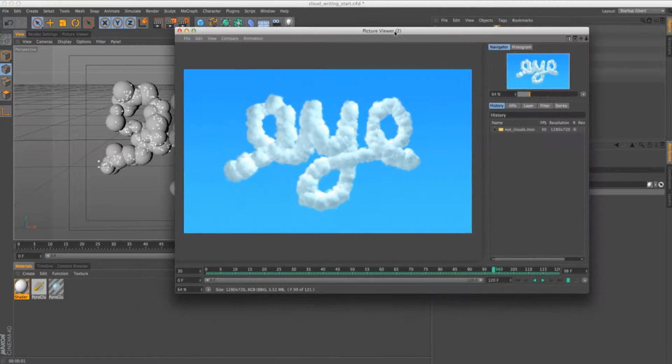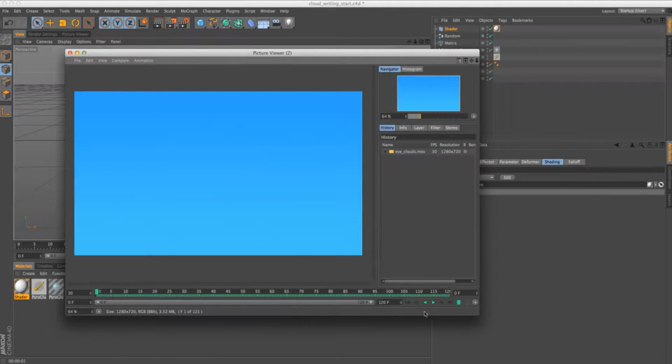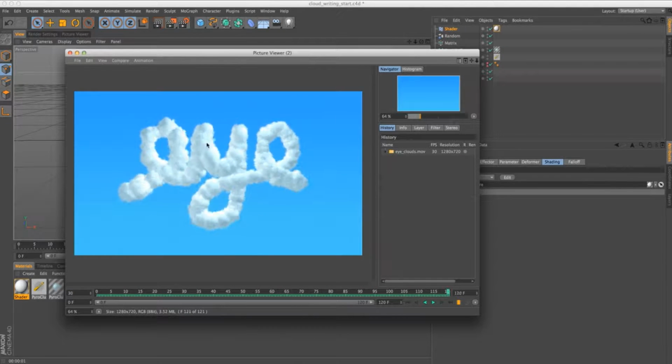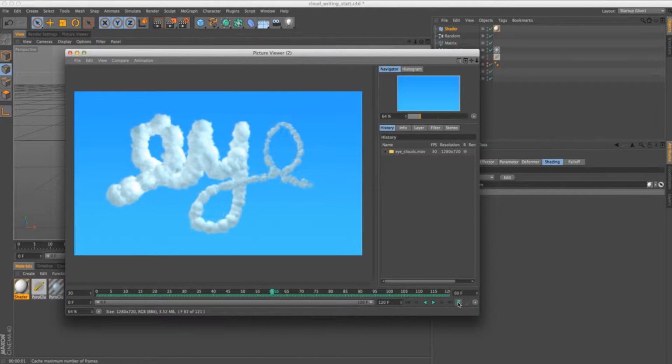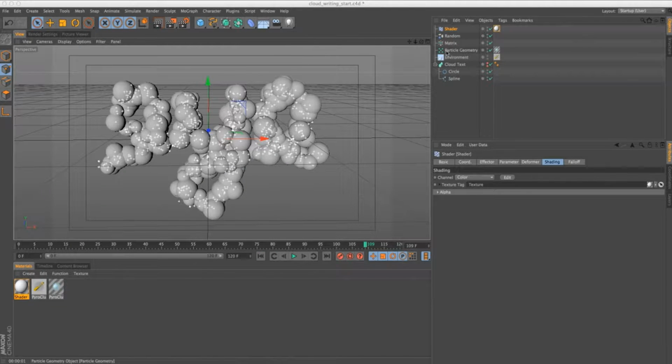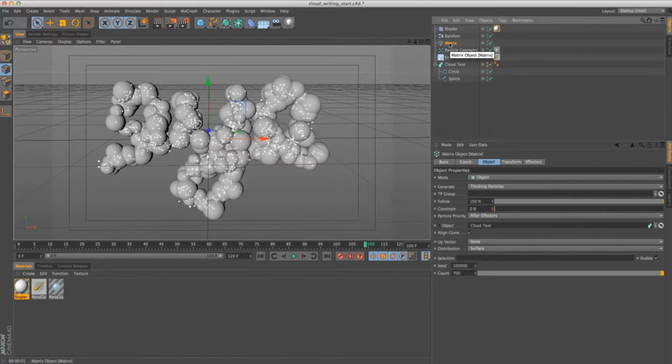So now we have exactly what I have in this final render here, where the clouds scale up and write on this word. So the big revelation is that you can use Mograph effectors with your thinking particles